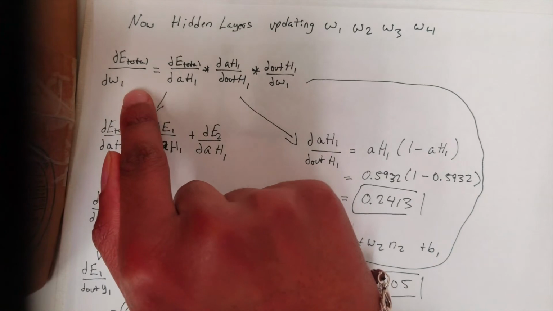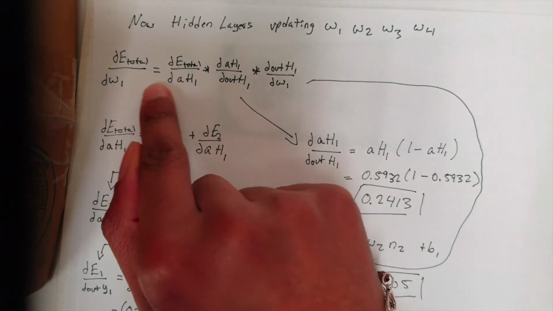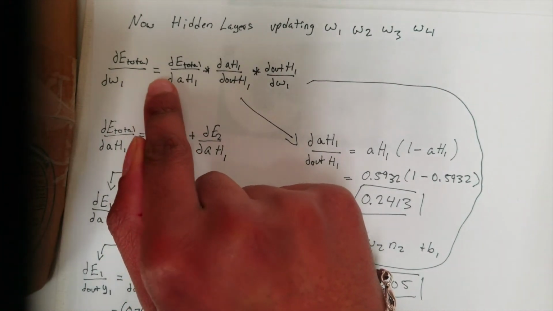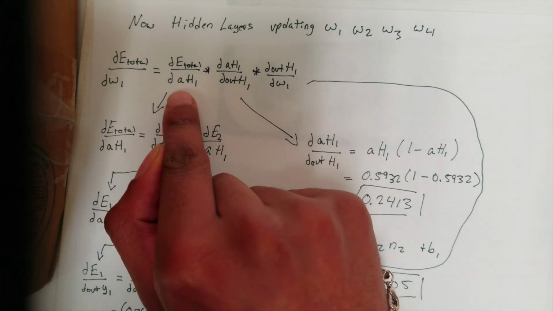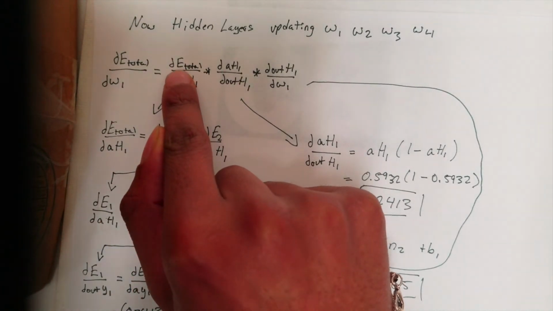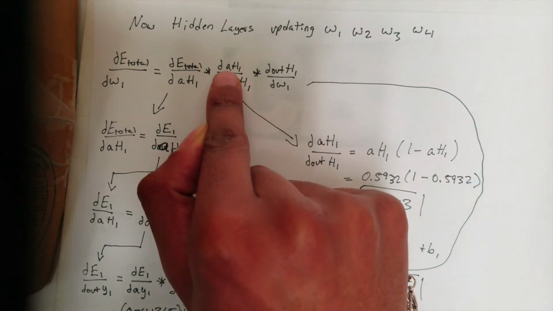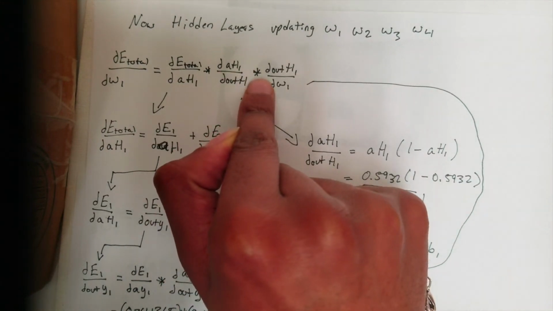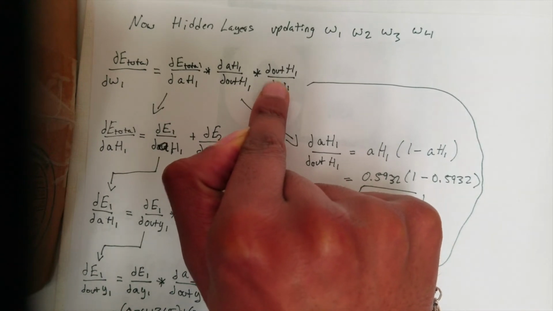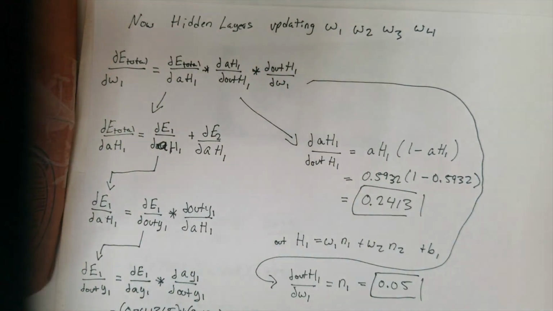The contribution that weight 1 has to the total error is equal to the contribution that the activation of H1 has to the total error times the contribution of the output of H1 to the activation of H1 times the contribution of weight 1 to the output of H1. If we look at it right here,